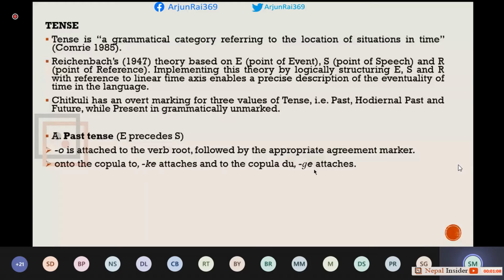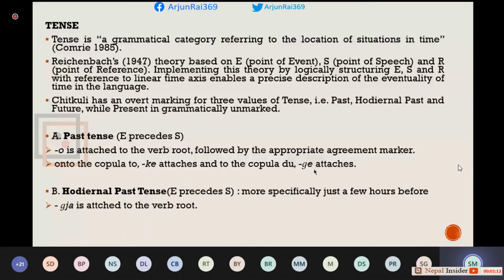And you have the ordinal past. So past tense is anything earlier than the speech time or in reference to the conversation. But ordinal is just a few hours back. So I tried 12 hours back. It didn't seem appropriate to use gya, which is the exponent, for anything beyond 12 hours past; it was not okay for them to use gya with that. So no subject agreement marker attaches. You just have gya. Then you have future tense.